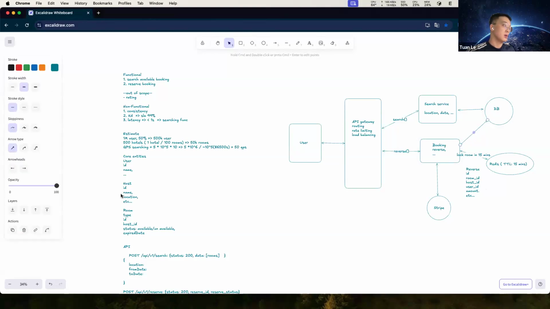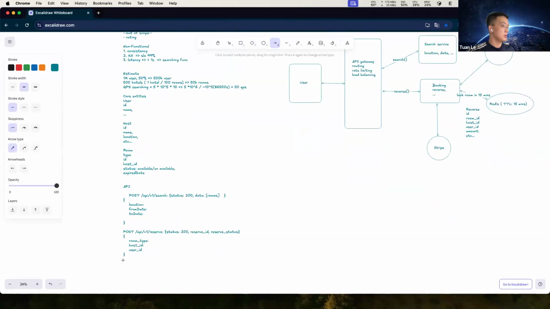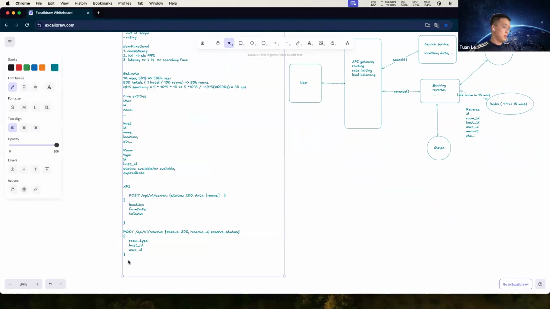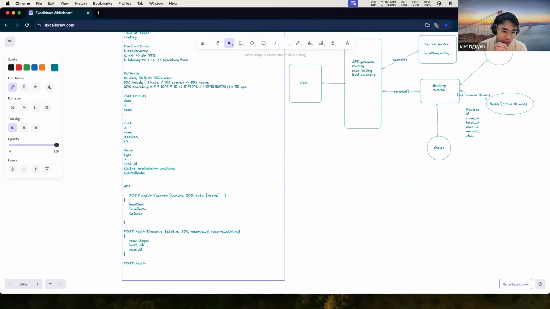We want an API to check the available room. It should already be in the search API, right?